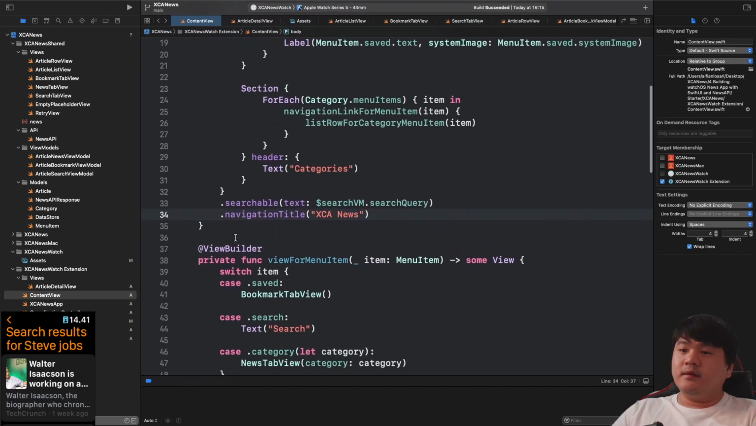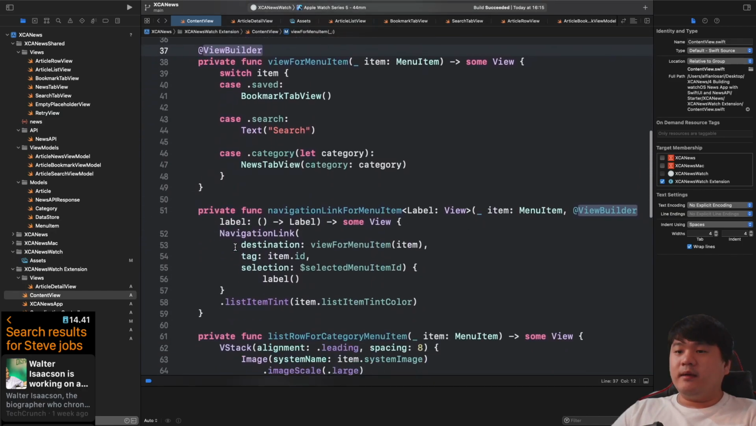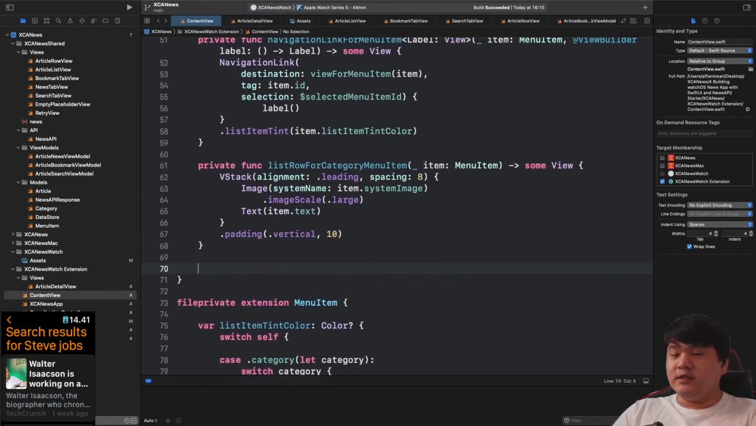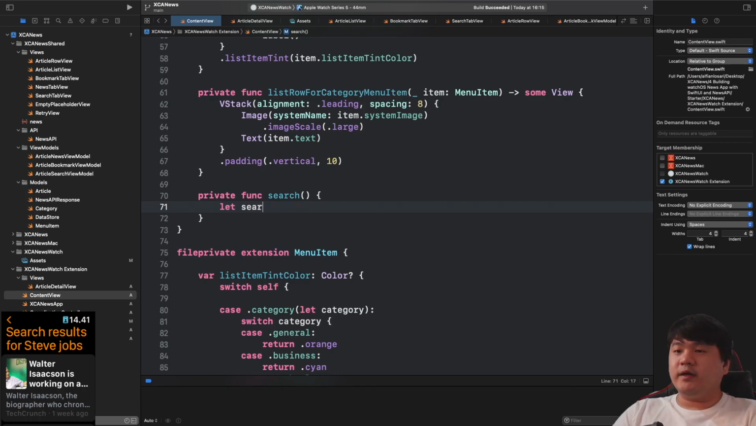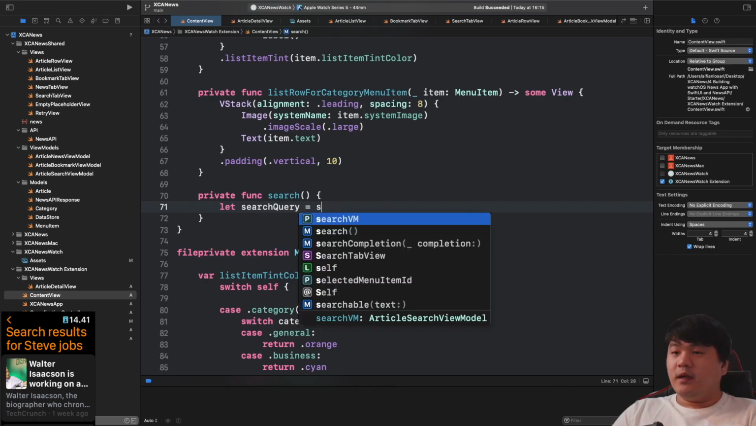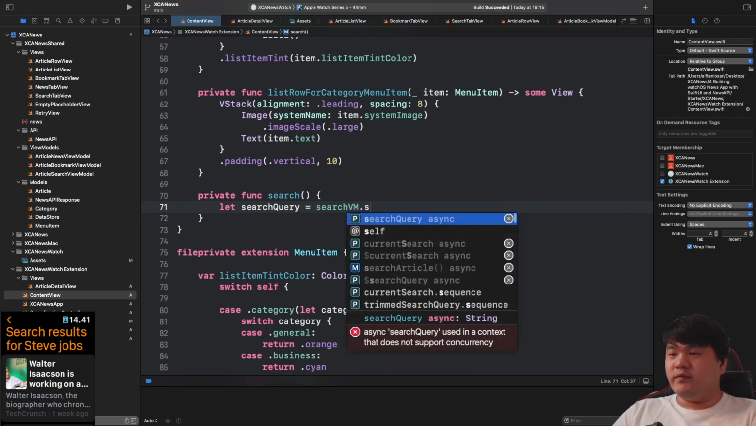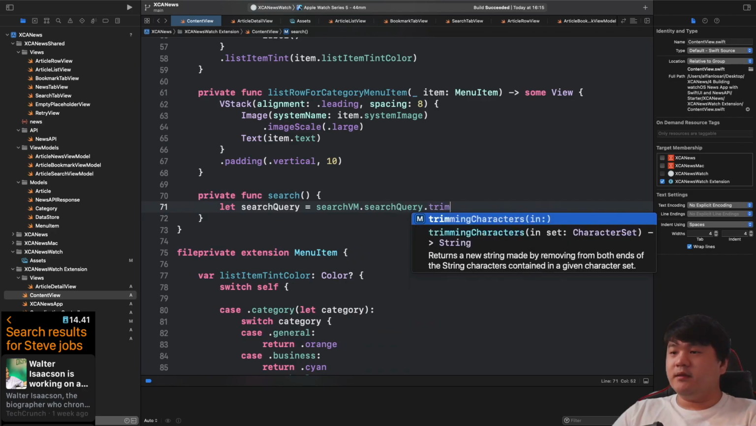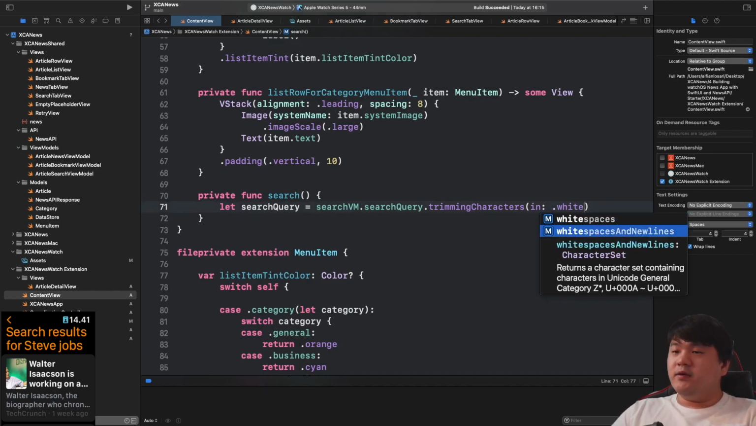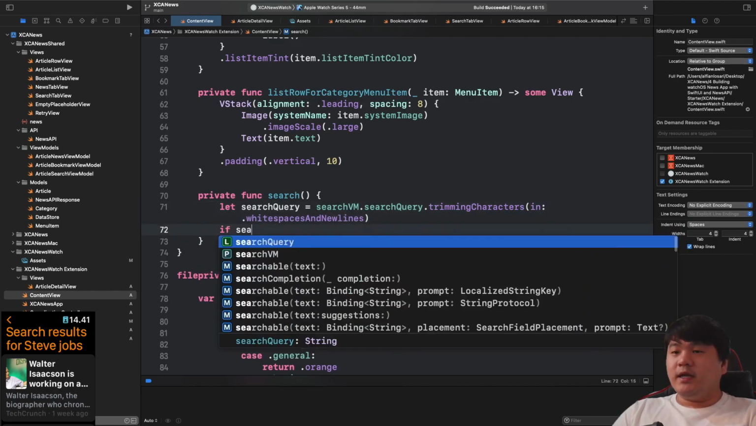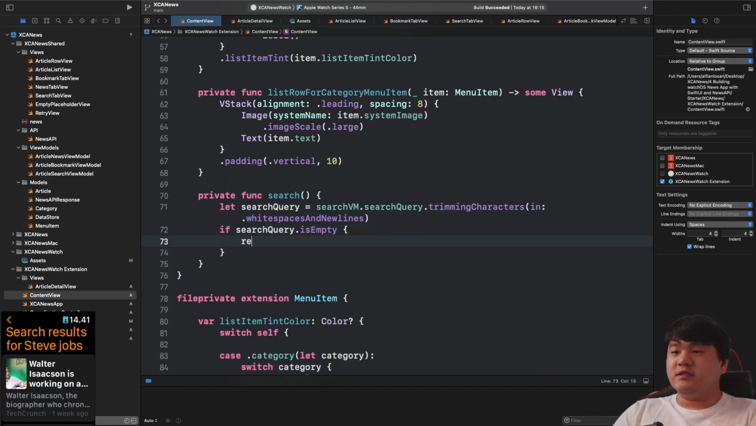Okay, now let's create the private method to handle the search when the user submits the search query. Let's give it a name of search. So here let's declare a constant named searchQuery, and let's get the searchQuery from searchVM.searchQuery, and let's trim it using these trimming characters, passing white spaces and new lines. So in case this constant is empty, we just return,